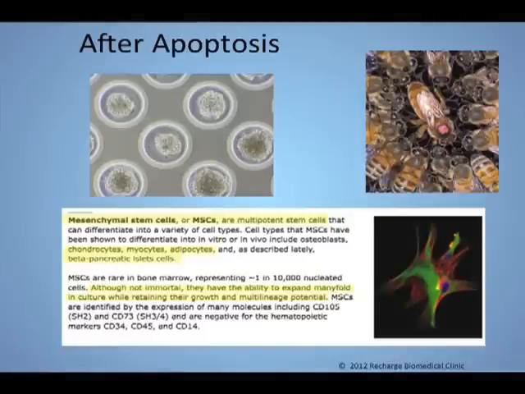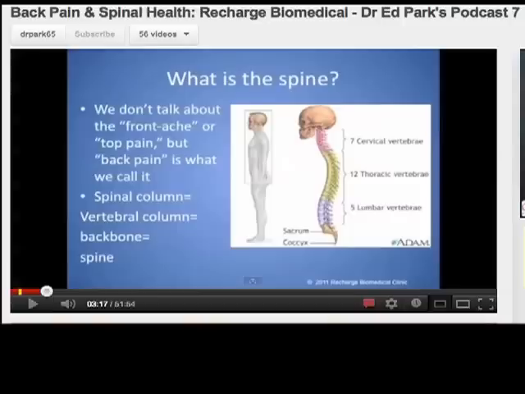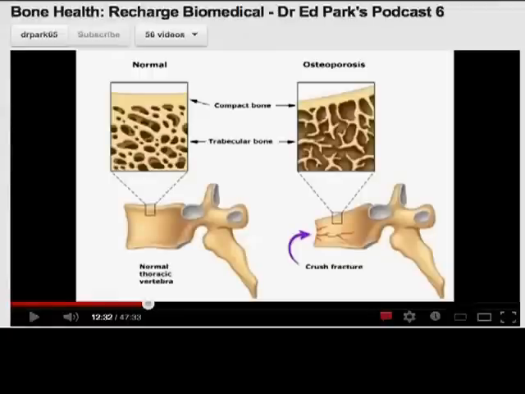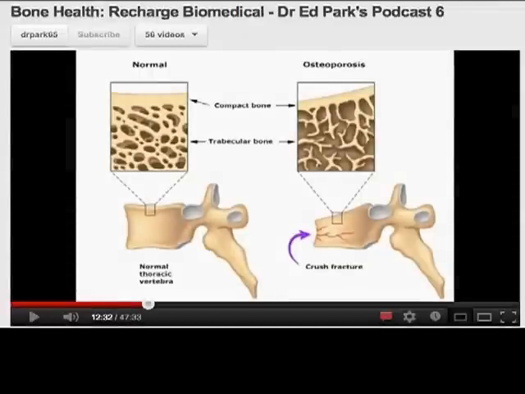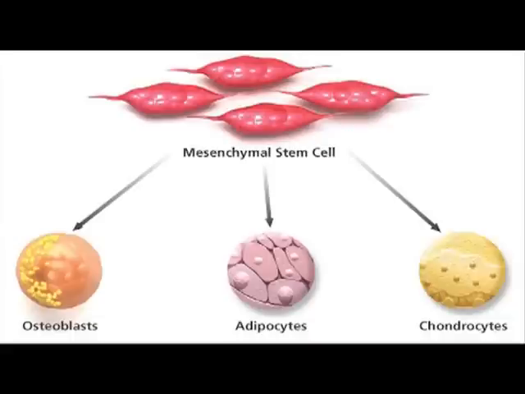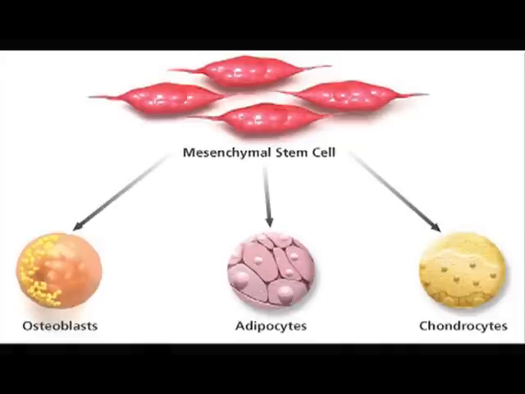And we talk about mesenchymal stem cells in podcasts 7 and 8, bones and another one, and that's a very important concept to have, that these mesenchymal stem cells travel around, or maybe they're locally derived from the connective tissue, and they become fat, muscle, cartilage, even pancreatic insulin-producing cells. So this is how the system renews itself, and it depends on apoptosis. And of course, one of the features of a mesenchymal stem cell is that it has high telomerase activity.